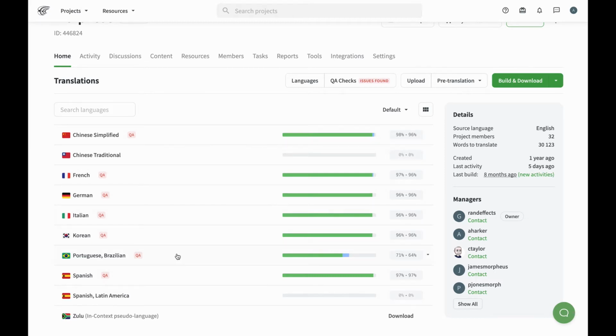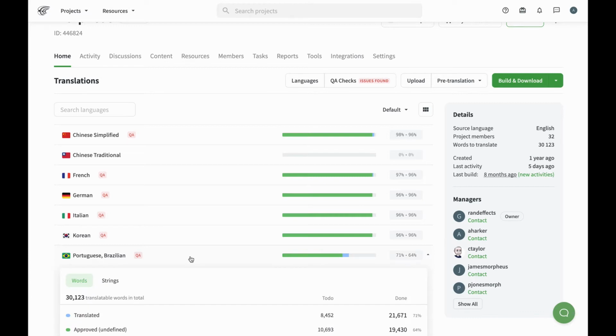But let's say that we were going to contribute to Brazilian Portuguese, which is mostly complete, but there's still some work to be done here. We can see that it's 64% QA approved, and then we have 71% translated with this little green bar representing what has been translated but not yet QA approved. So if I click into this,